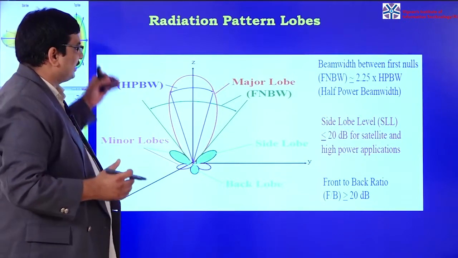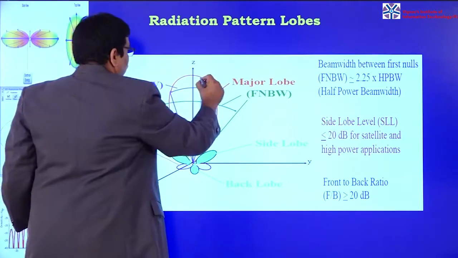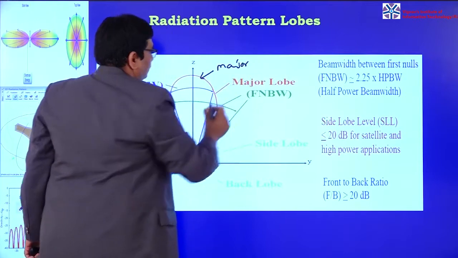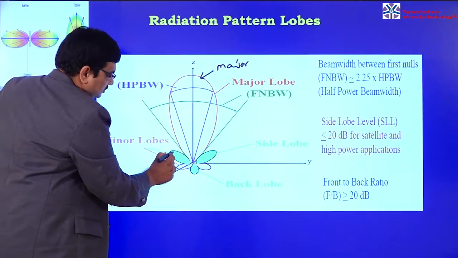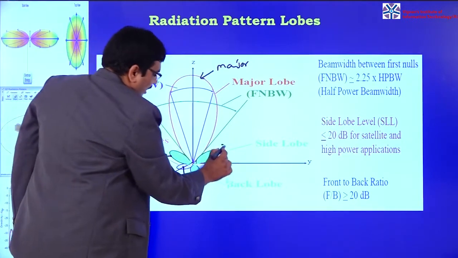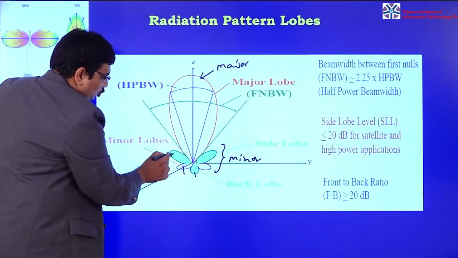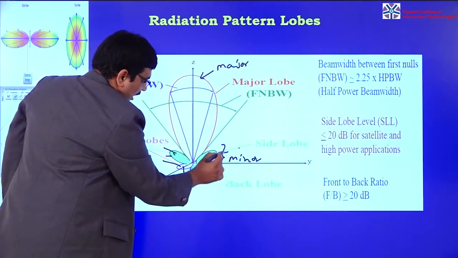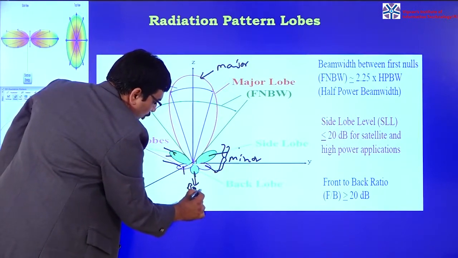Next, the radiation pattern lobes. So this is the polar plot diagram. This red line indicates the major lobe, where the maximum radiation is in this particular direction, and these are the lobes, this green lobe and this pink lobe and blue lobe. So these are actually called minor lobes, and all of these lobes are called side lobe levels, and this is called the back lobe level.